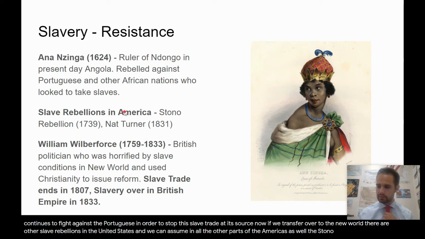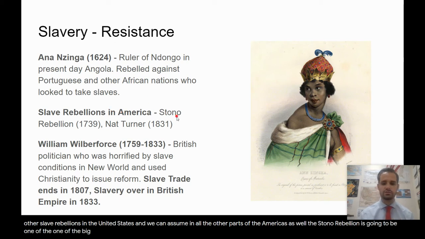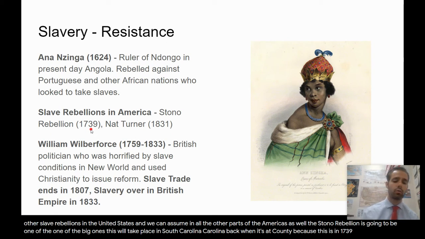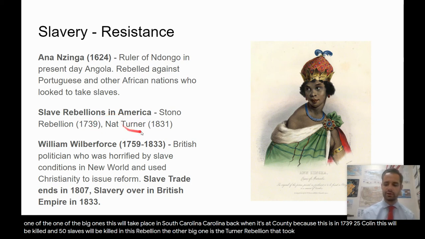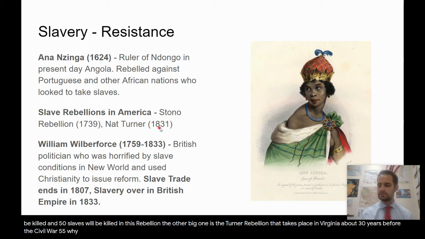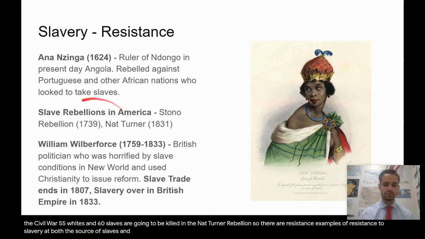The Stono Rebellion is going to be one of the big ones. This will take place in South Carolina, back when it's a colony, because this is in 1739. 25 colonists will be killed and 50 slaves will be killed in this rebellion. The other big one is the Turner Rebellion that takes place in Virginia about 30 years before the Civil War. 55 whites and 60 slaves are going to be killed in the Nat Turner Rebellion. So there are examples of resistance to slavery at both the source of slaves and where slaves end up in